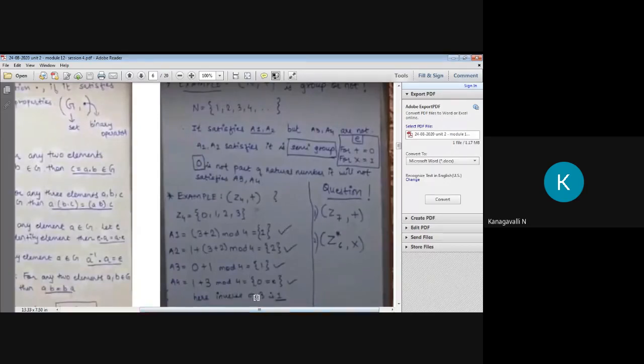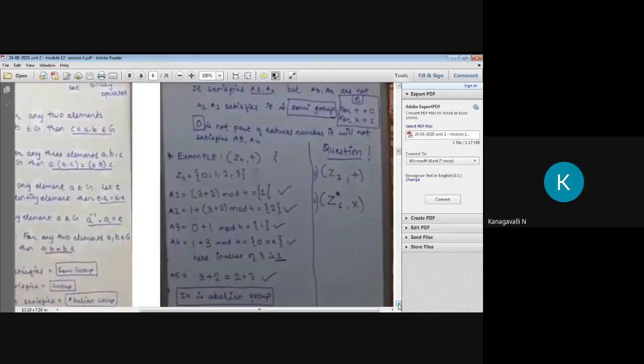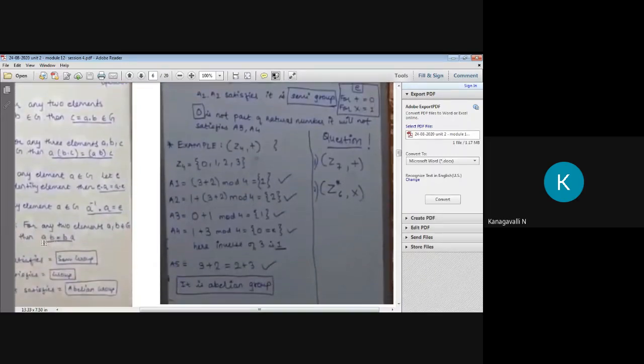Hence the inverse of 3 is 1, because 1 plus 3 is 4, 4 mod 4, right? So our remainder is 0. So don't get confused, you just check that your inverse value gives the identity or not. Based on the identity element, you have to choose your values, right? Then what is A5? Here they multiply the two terms, A dot B equal to B dot A. Similarly here you can add the two terms, 3 plus 2 is equal to 2 plus 3. It's the same thing, right? Then if it satisfies all five properties, the group is called an abelian group, right?